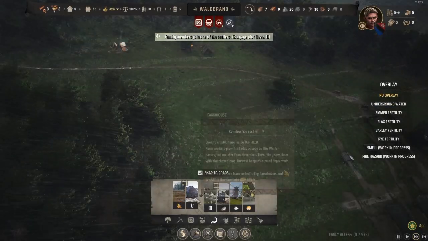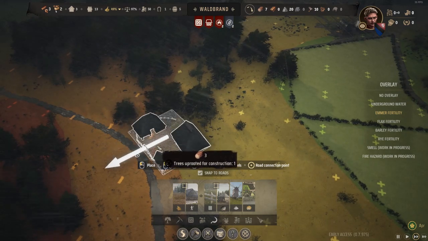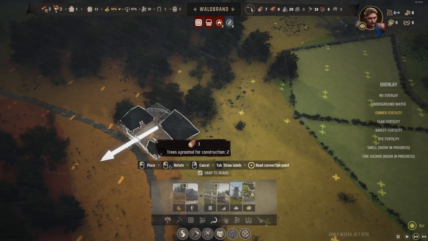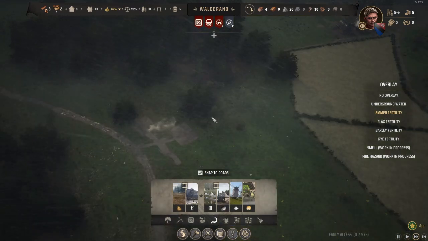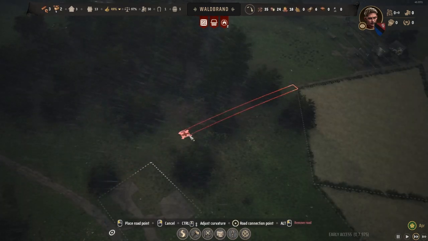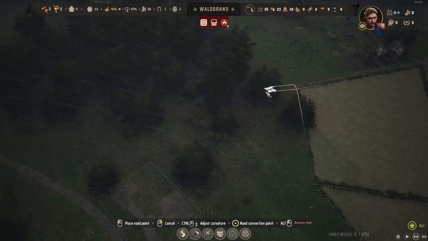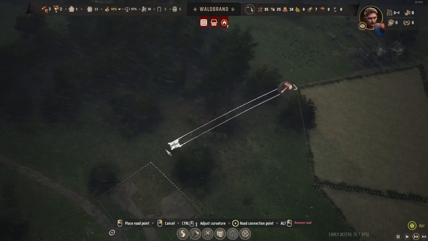Come on, lad. Put the farmhouse down here, because I may put in more fields, even though that's yellow. I might still put some in. I'll extend this road down. Interesting. So it won't let me go this way because it cuts off that corner. But if I go here,